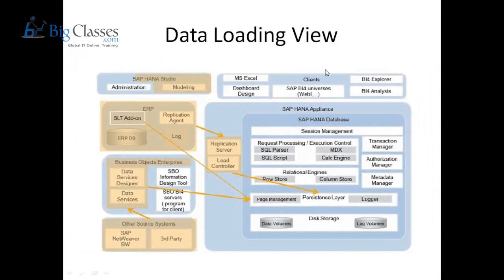So this is the data loading view. When you want to load the data in SAP HANA, you either go with real-time services replication agent. On ERP we install the replication agent that gets the real-time data to a staging database. From there, use the load controller and load that into SAP HANA's persistence layer. Or if it is your non-SAP system or SAP BW system, you connect through data services and load the data